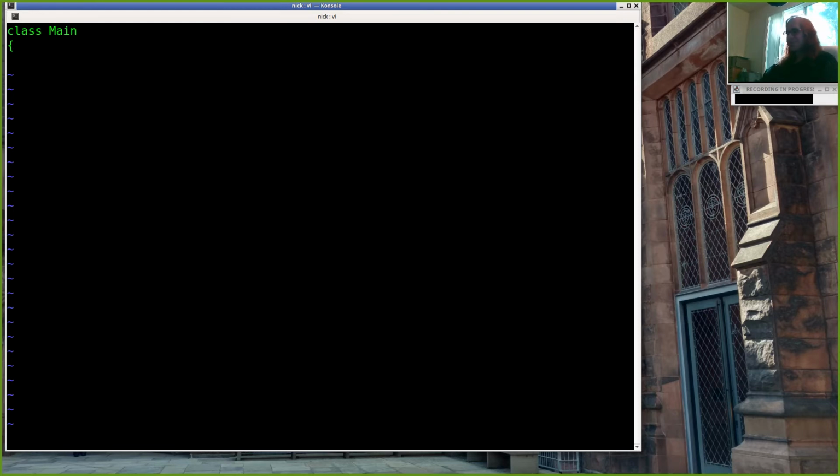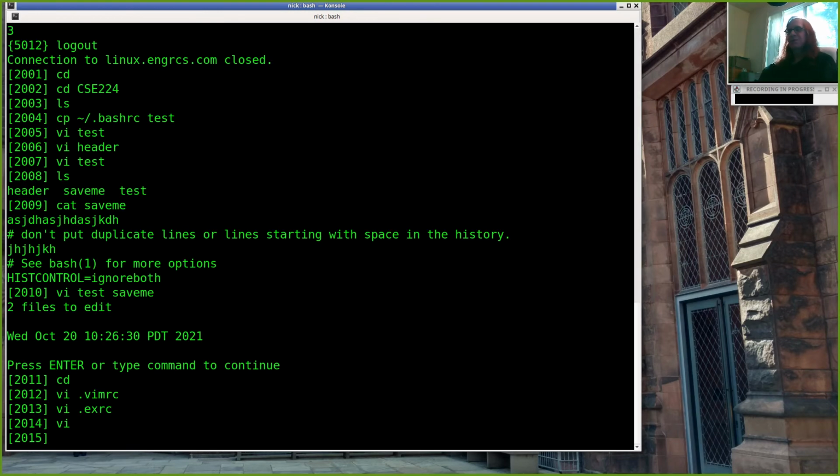But I'm on a different version of VI, but it works on the Linux server. So you can put customizations into exrc and vimrc. Like snippets? Yeah, like